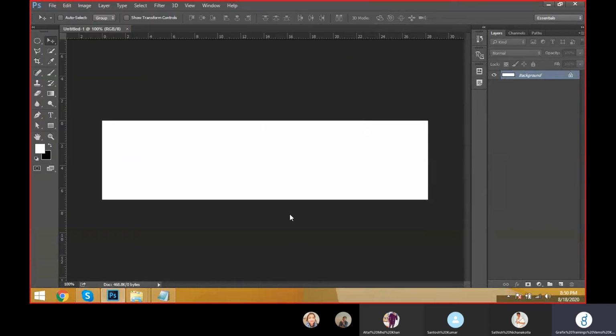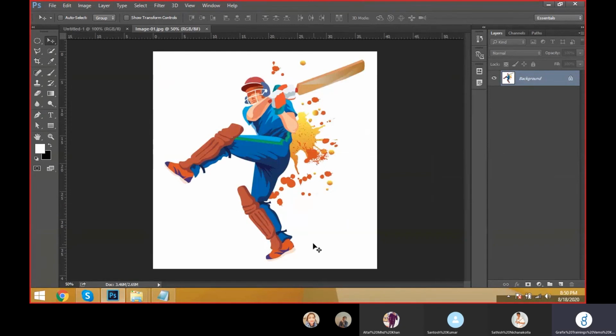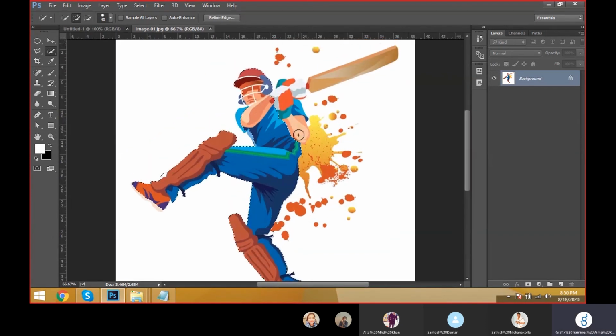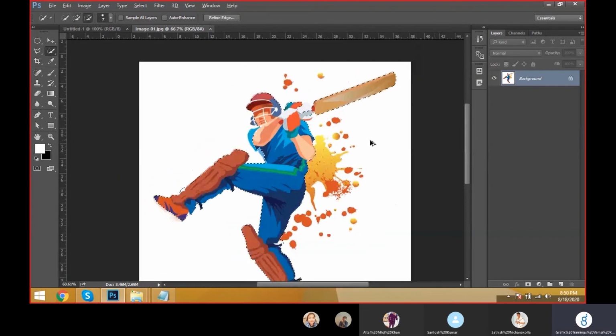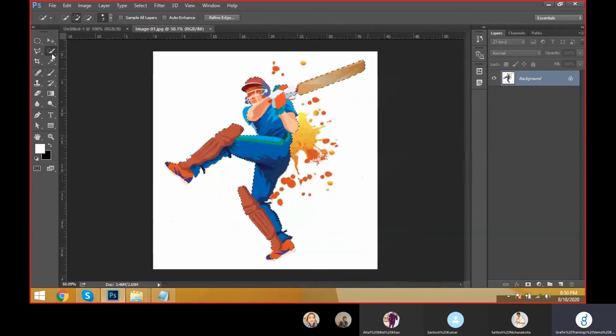Just open it like this, and the color combination will be what color combination we have in the background. It is a simple white background and easy to select in a quick process using the quick selection tool, and I can select directly like this. I need only the image, not the splashes in the background. Okay, I just took the image only like this. I just took only the selection using the quick selection tool for a quick process.